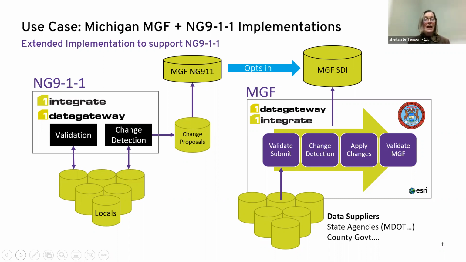And so they're able to then much more easily, very similar to the way the US Census would go through and just look at one and say, okay, this is what's proposed, how do I fix it? They're able to look at it and see what the problem was, and then go in and fix it. And then once they got the validation to meet the requirements, it went in for submission, where automated change detection occurs again, change proposals, then pushed into the NG911 database.